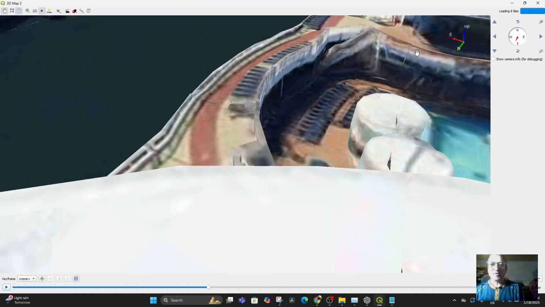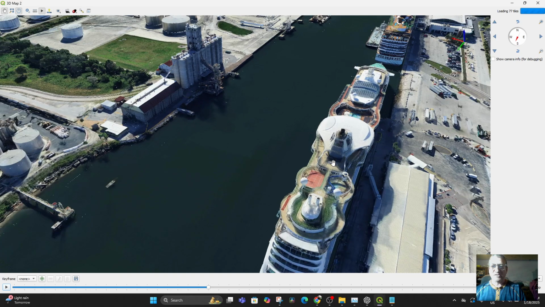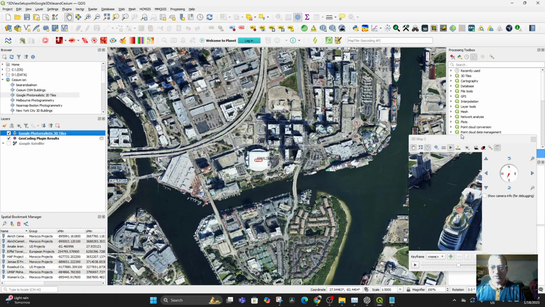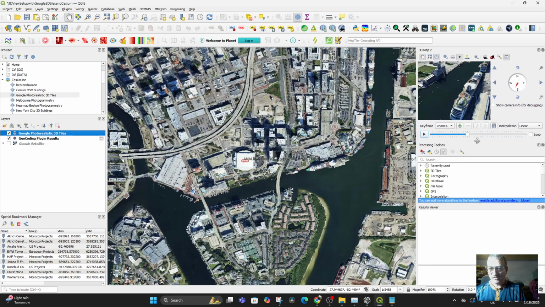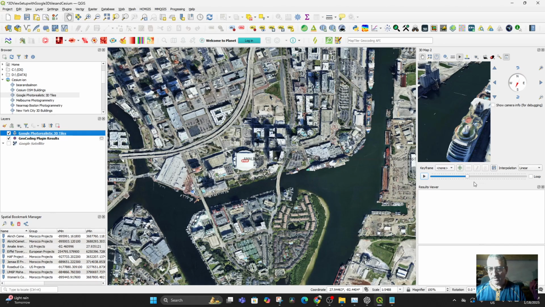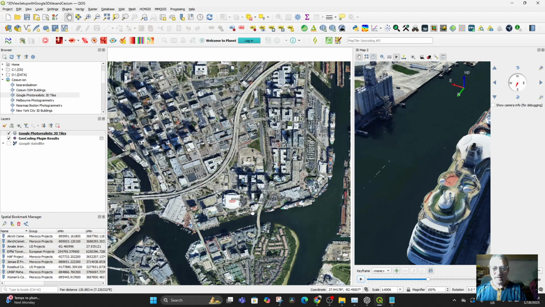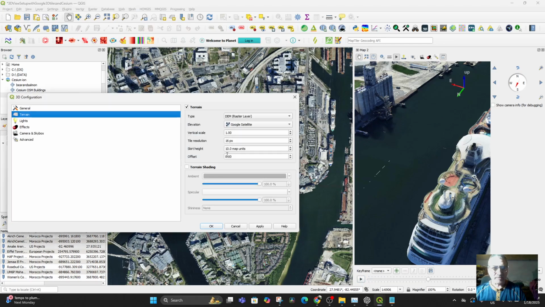Now, one of the things that it's supposed to be able to do in the 3D view, so that you can do this a little more easily, is if I make it smaller and I can even dock it, so now it's dockable, and I can put it in there and maybe bring this down. Maybe I'll get rid of the processing toolbox entirely, and the results viewer. You should be able to move around in here and have it update. But to do that, you probably need to get to advanced and